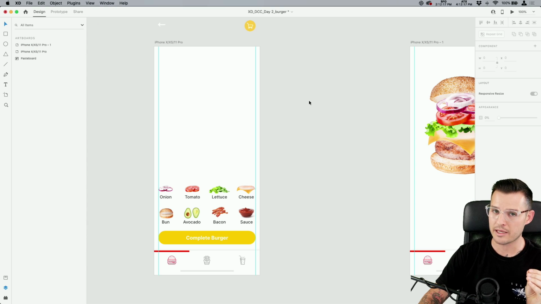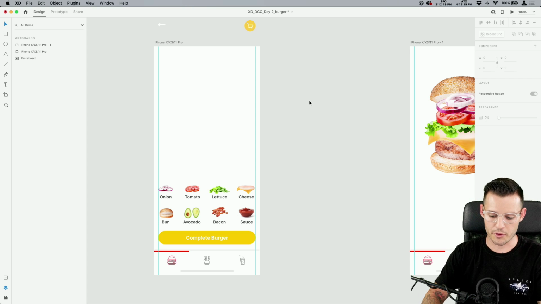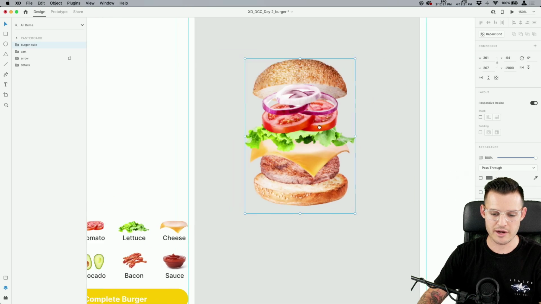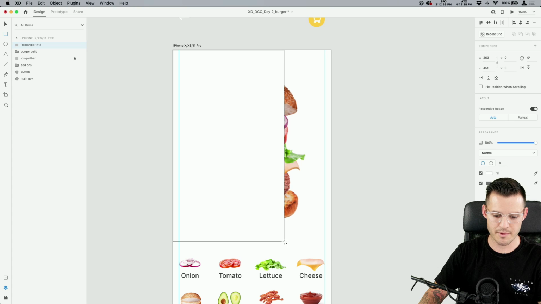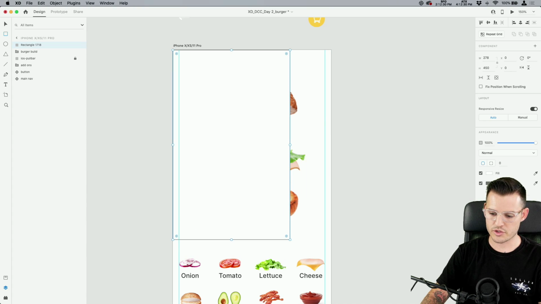Okay, so with that in mind, let's hurry up and let's use component states. Let's get really complex. Let's build our burger builder, shall we? Okay, we're gonna take our burger. Let's move it in here. We're gonna do a little bit of designing work first before we go any further. We're in our design tab. I'm just gonna draw this rectangle right here.